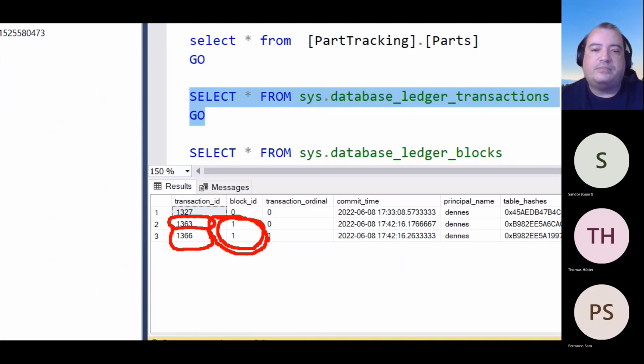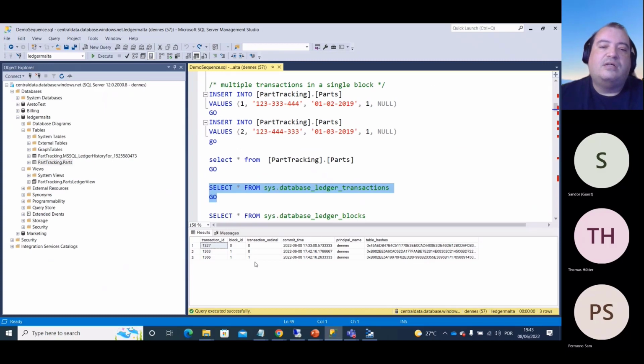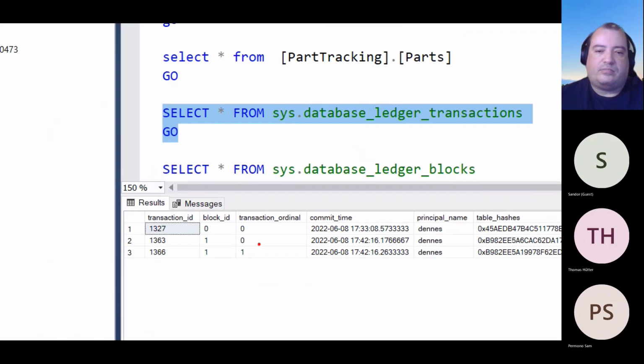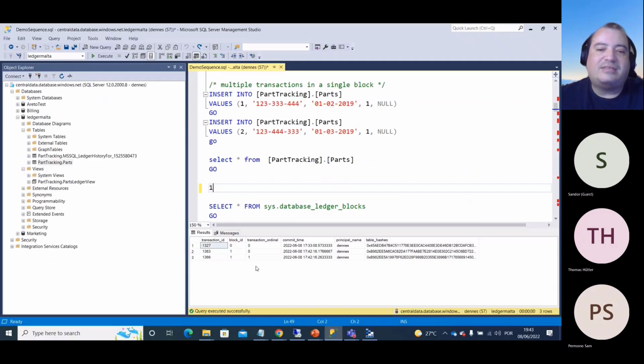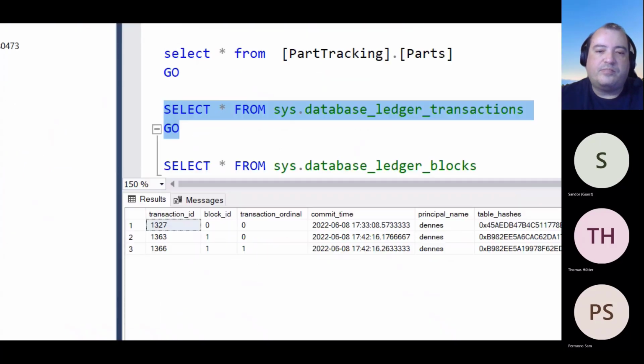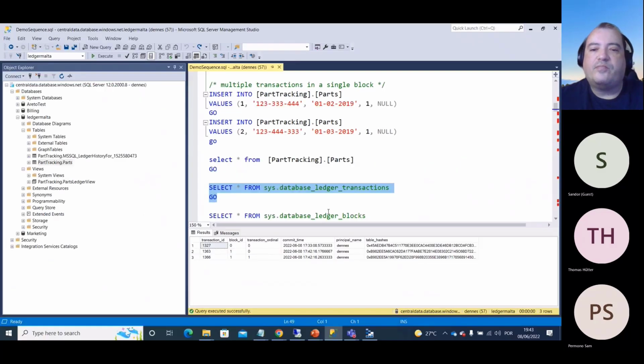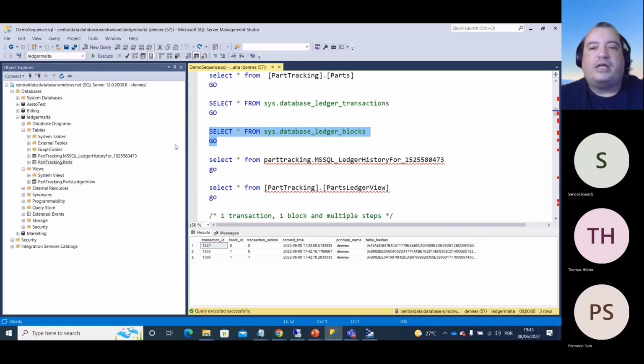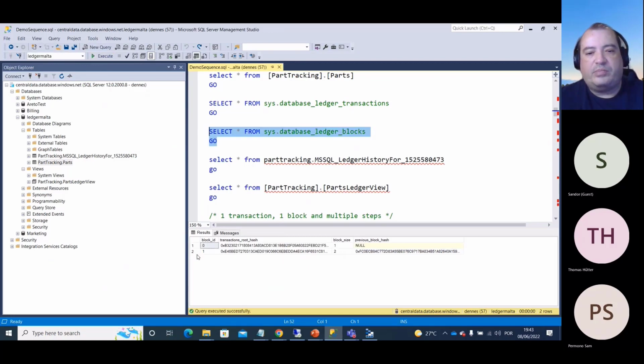So block ID 1, and then since the same block has more than a single transaction, a transaction ordinal was created. Transaction 0, transaction 1 inside the same block. I can check the blocks and I'll see that I have block 0 and block 1. Block 1 contains two transactions. I have 3 transactions but only 2 blocks. Block 1 contains